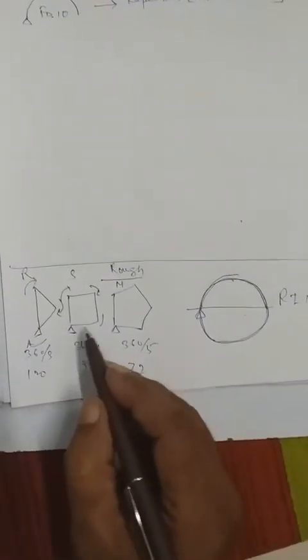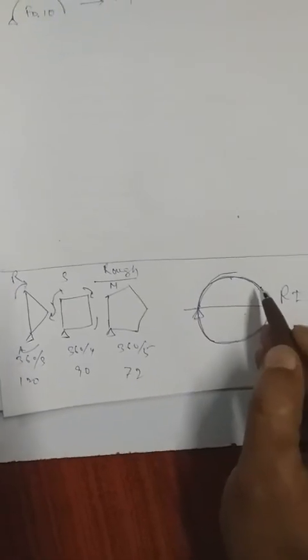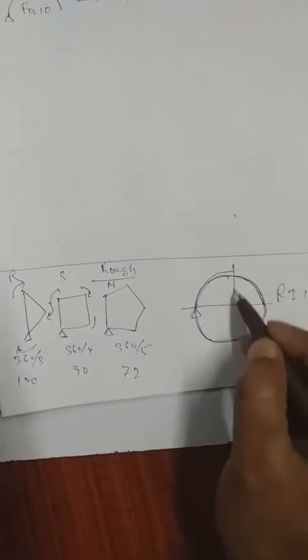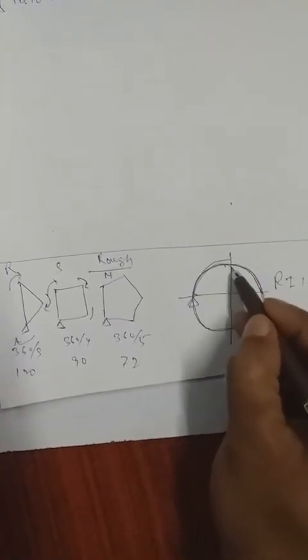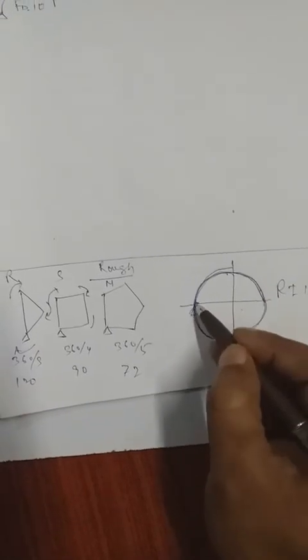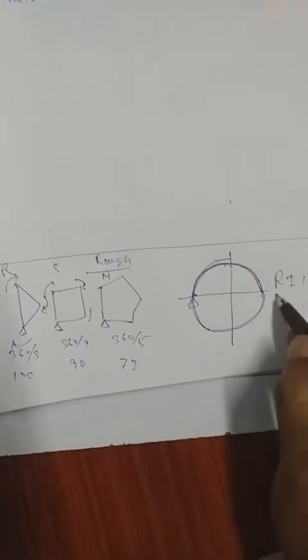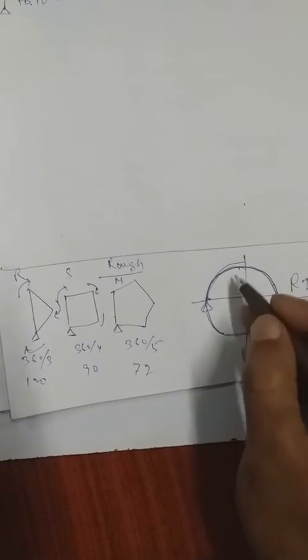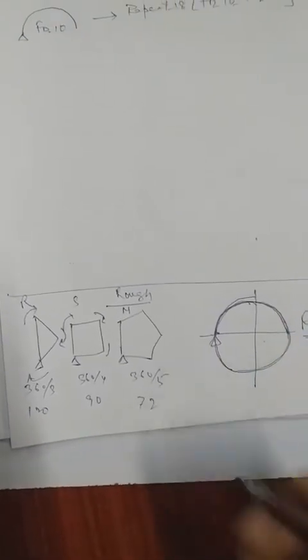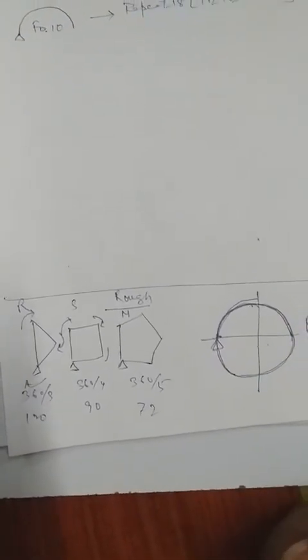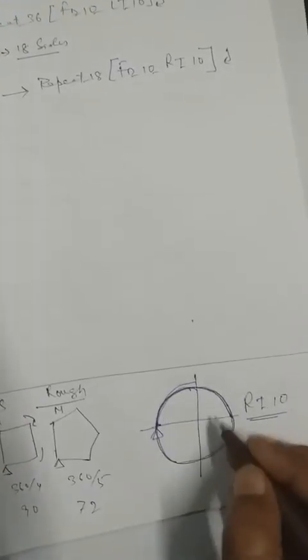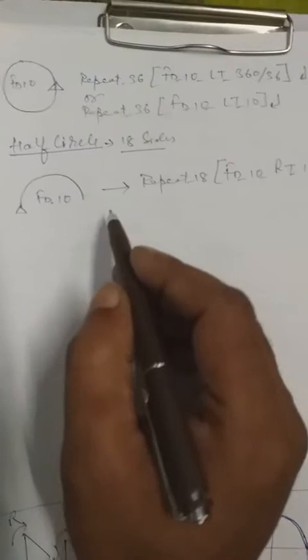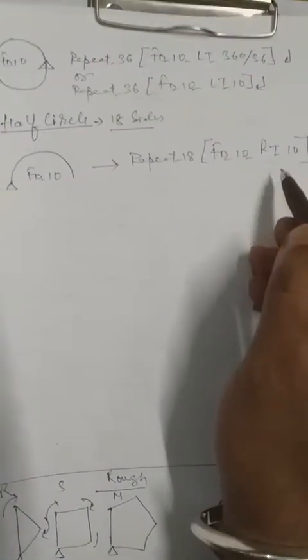Unlike triangle, square, pentagon, the way is not different for the half circle. The way is the same. Or if you draw the quarter circle, then also the way is the same. When we are turning in the same way, we will write here RT10 only, because the turn is the same, the address is the same. If my address and your home address are equal, we are living in the same area, so we will write the same address. That is why we write 10, whether we draw full, half or quarter. So you will write here repeat 18, FD10, RT10.